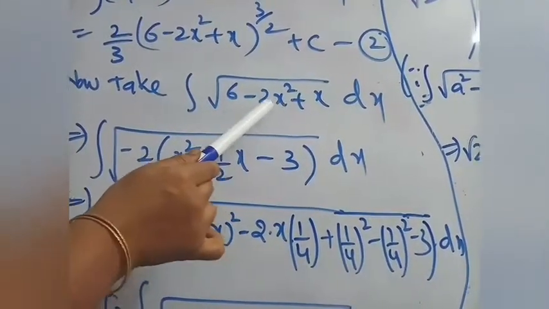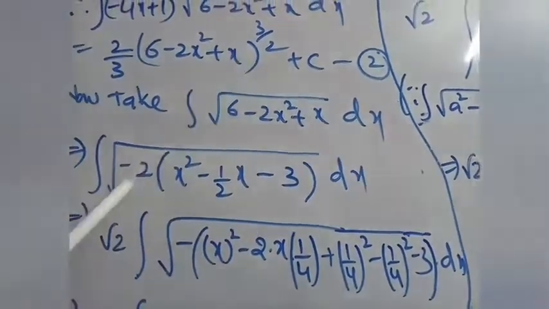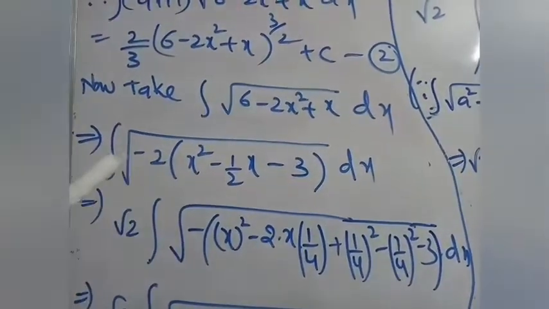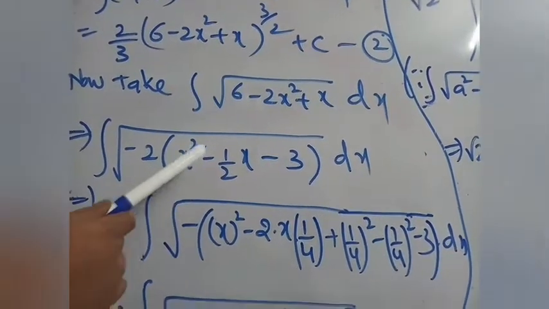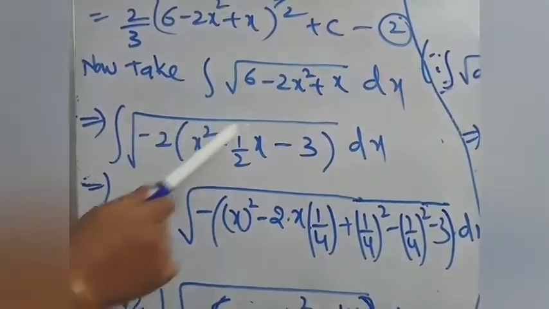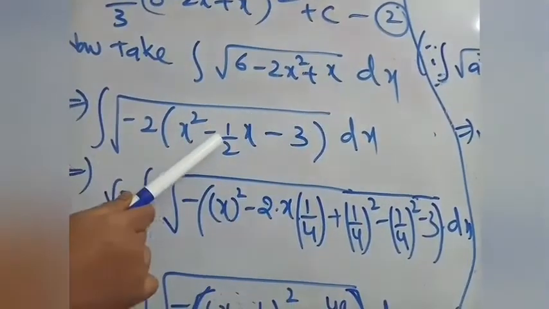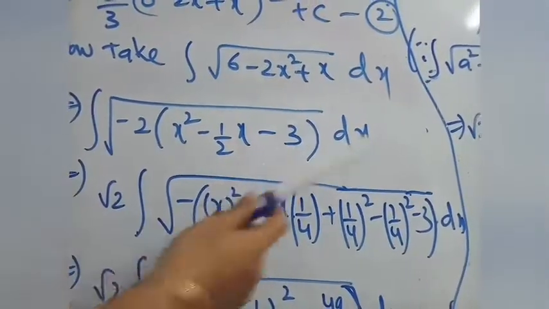Suppose instead of 1 you have any other number, then you have to take that number as common, that is minus 2 common. Then what will be the x square term? That means our concept is to convert the x square coefficient as 1. So for that, take this as common, then x term. By taking minus 2 as common, then it will be minus 1 by 2 into x, and take minus 2 as common, then it will be minus 3 into dx.